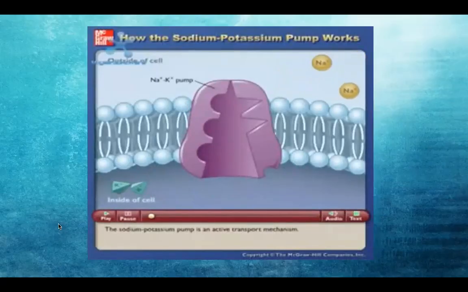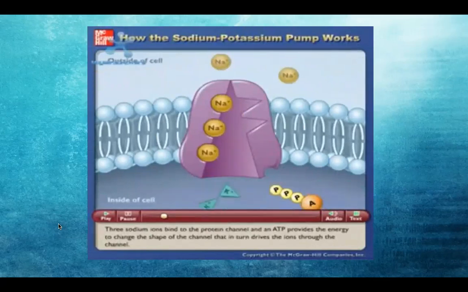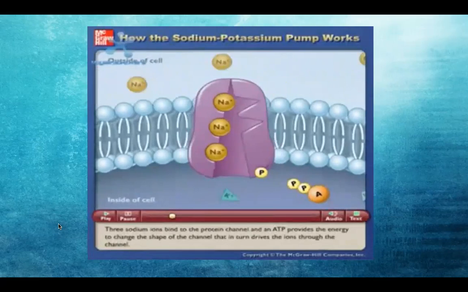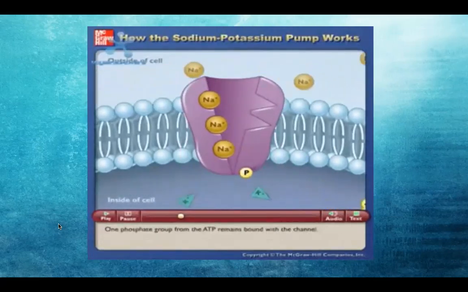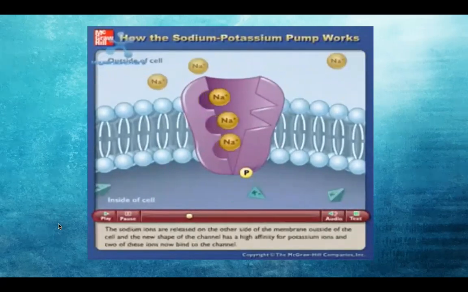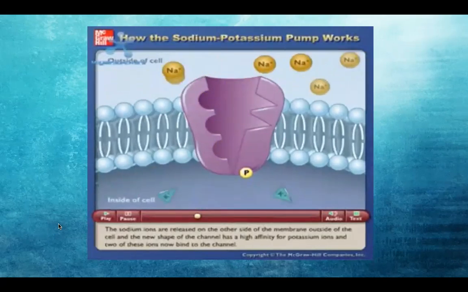The sodium-potassium pump is an active transport mechanism. Three sodium ions bind to the protein channel, and ATP provides the energy to change the shape of the channel, which in turn drives the ions through the channel. One phosphate group from the ATP remains bound with the channel. The sodium ions are released on the other side of the membrane, outside of the cell, and the new shape